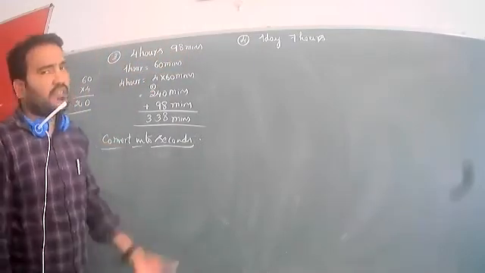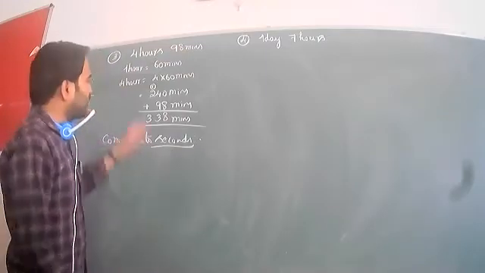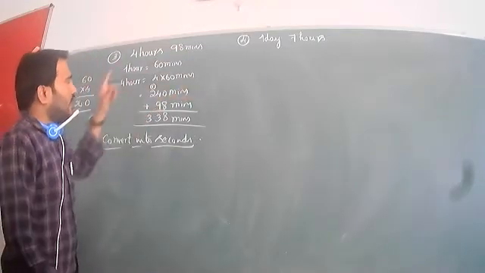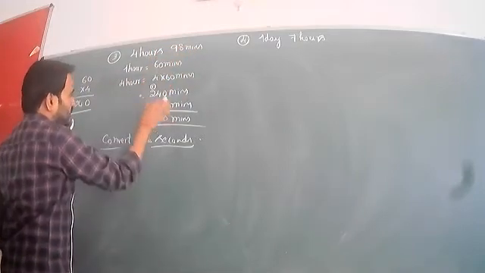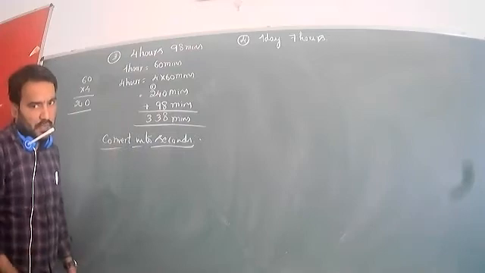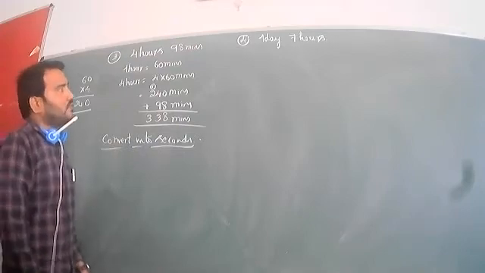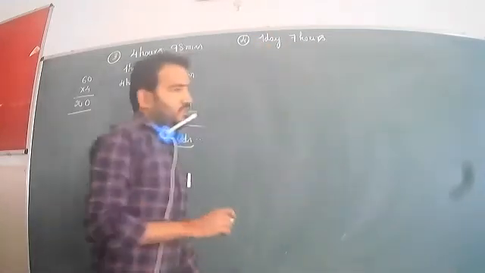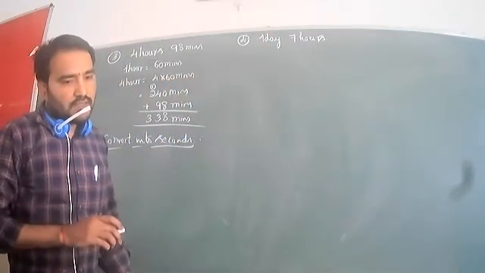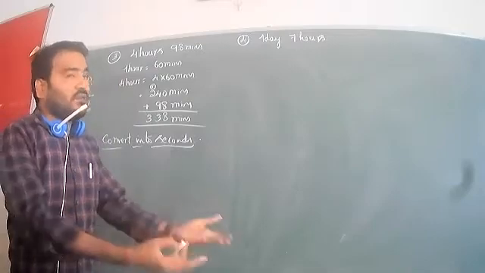Some of the questions will be given like that. So we find out first 2 hours has to be converted to minutes, and then the remaining minutes. What are the remaining minutes in the question? So 98 minutes, that has to be added to the number. So we get the answer. So look at this. It is another question. One day 7 hours. One day 7 minutes. So these have to be completely converted to minutes.